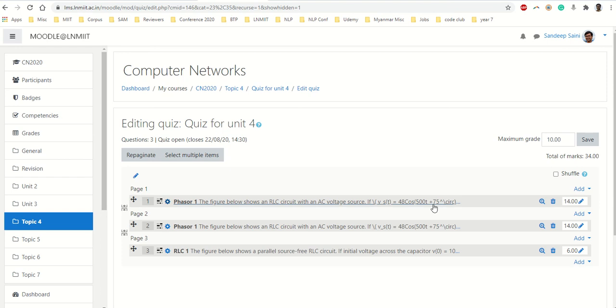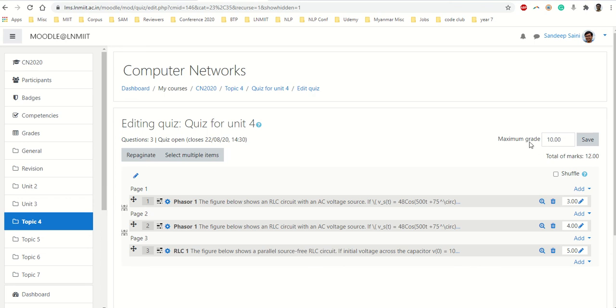Now this question, when I created it, it was having 14 options, so it is showing 14 marks. I don't want it for 14 marks, I want it only for 3 marks. So just click on the pencil icon, write the marks and click enter. I want this question for 4 marks and I want this question for maybe 5 marks. So you can edit the marks and total marks are being updated here.